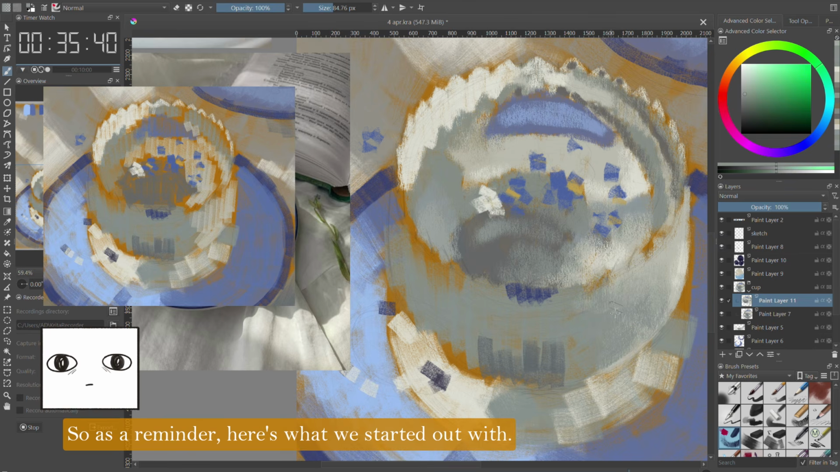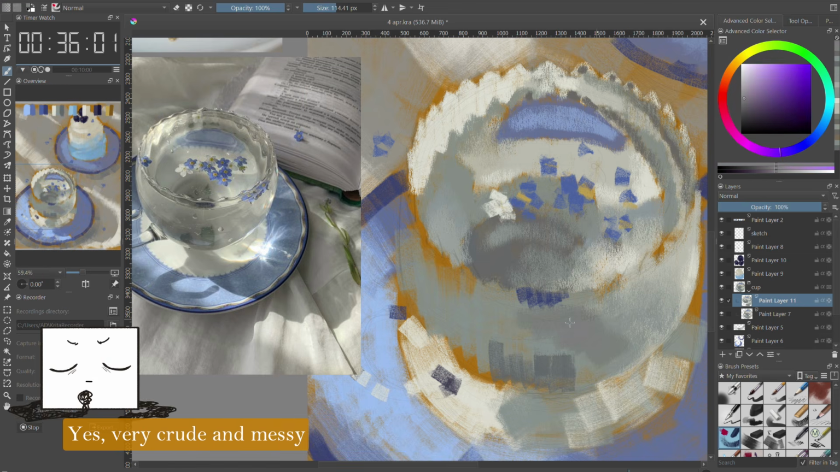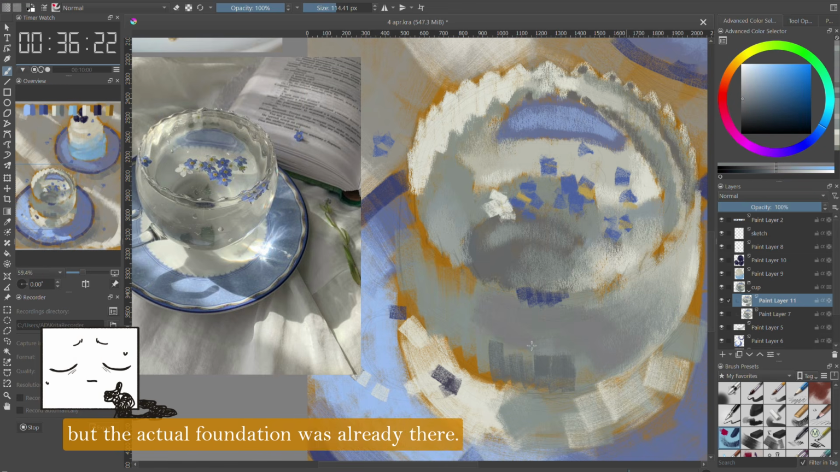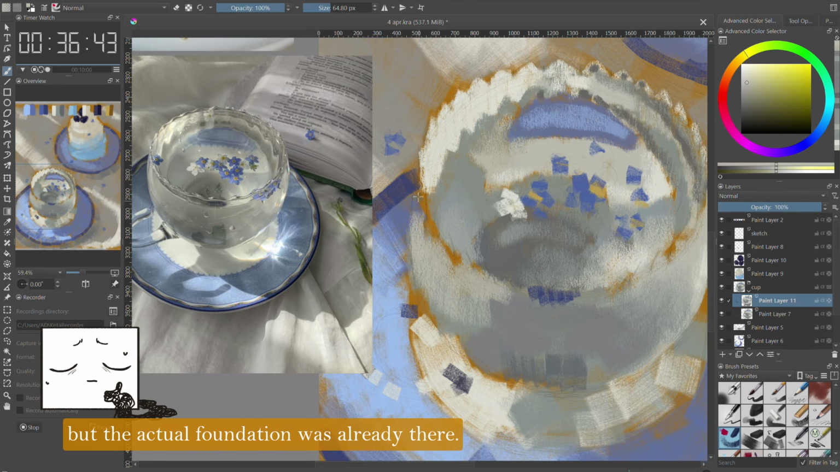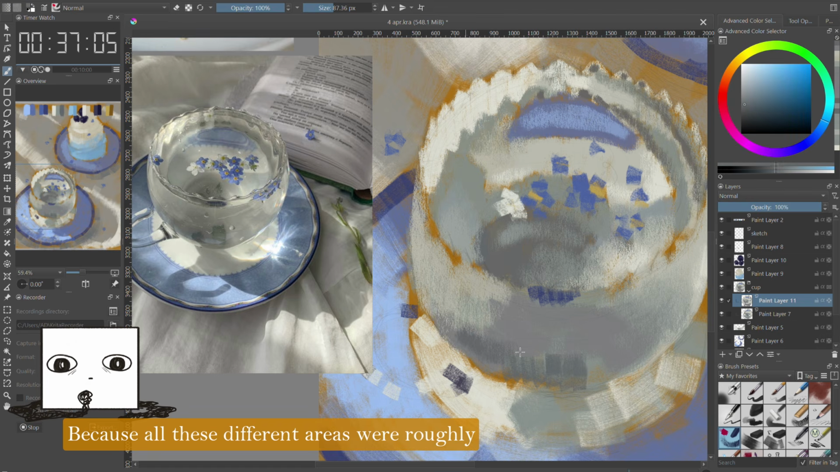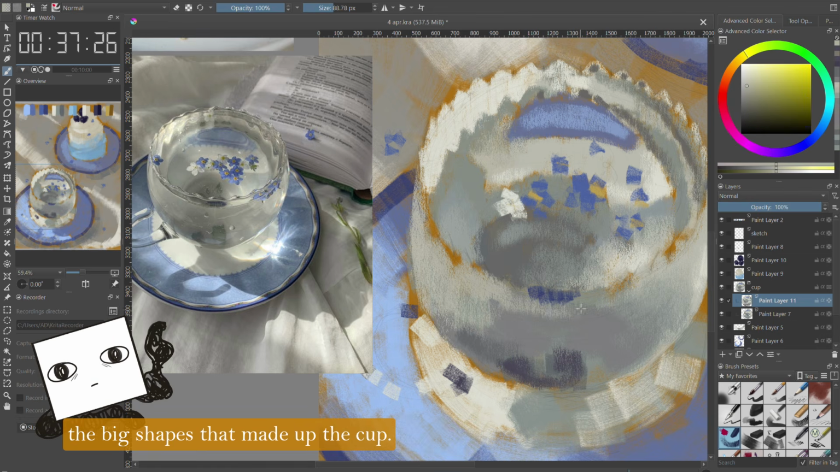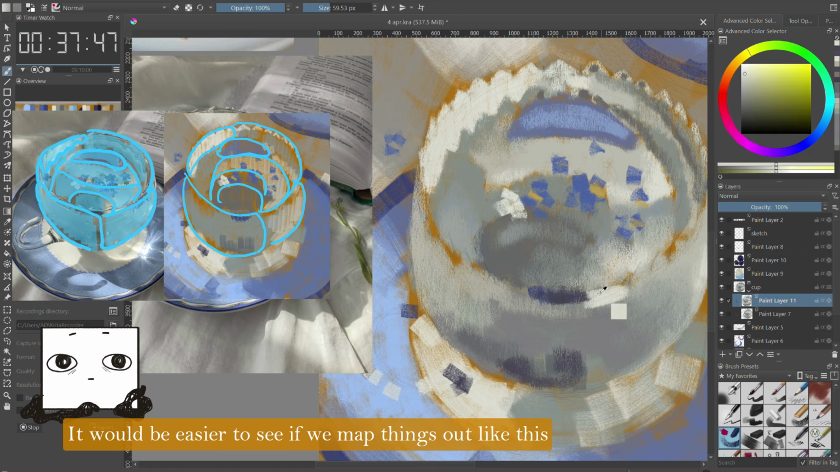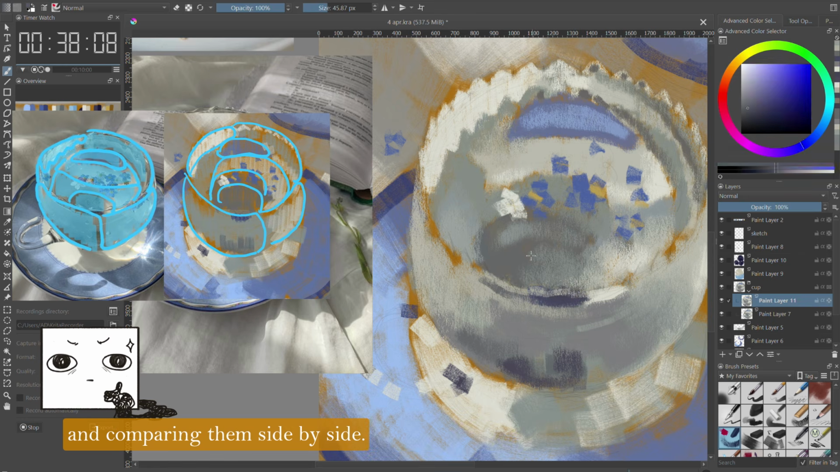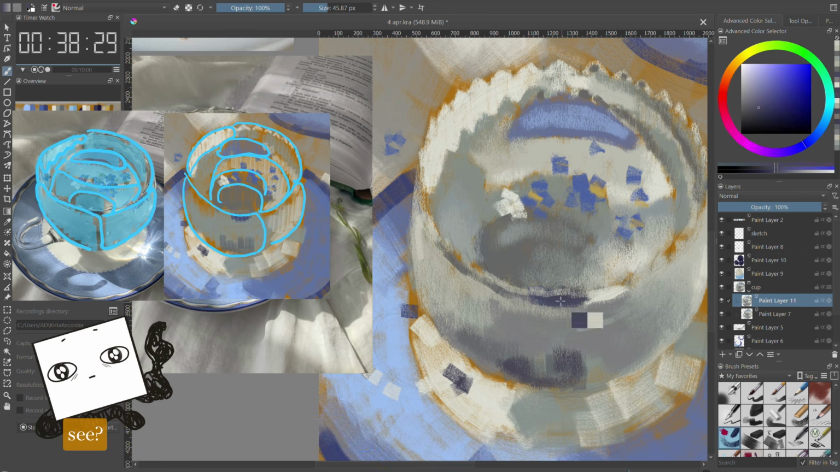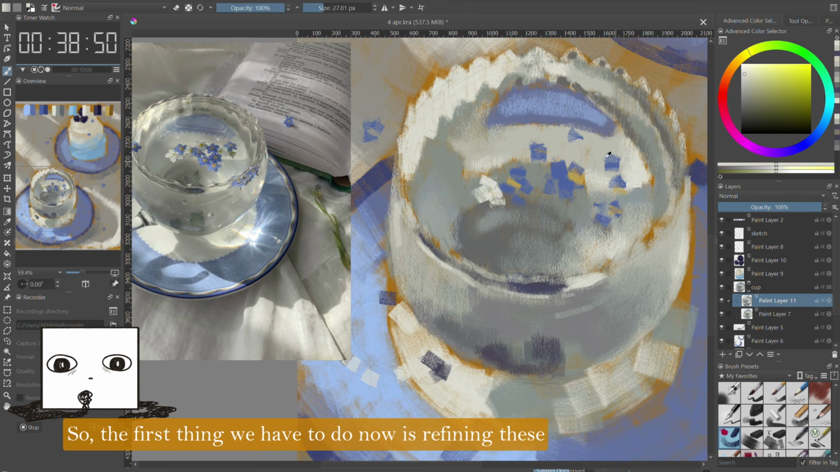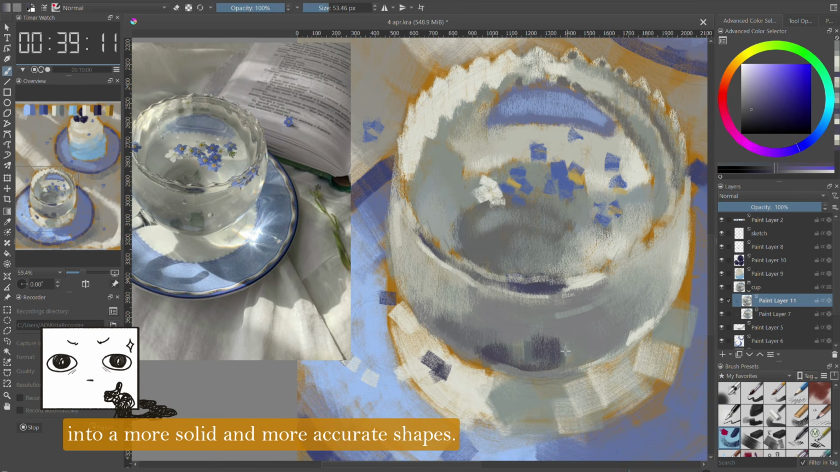So as a reminder, here's what we started out with. Yes, very crude and messy, but the actual foundation was already there, because all these different areas were roughly the big shapes that made up the cup. It would be easier to see if we map things out like this and compare them side by side. See? So the first thing we have to do now is refining this into a more solid and more accurate